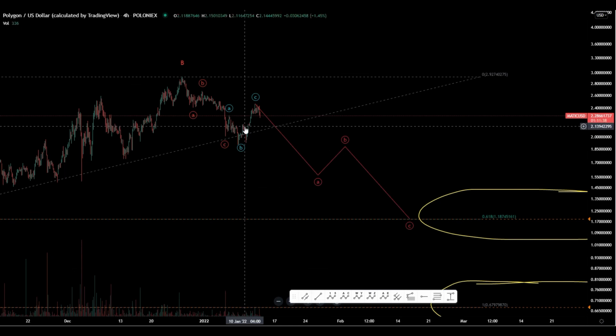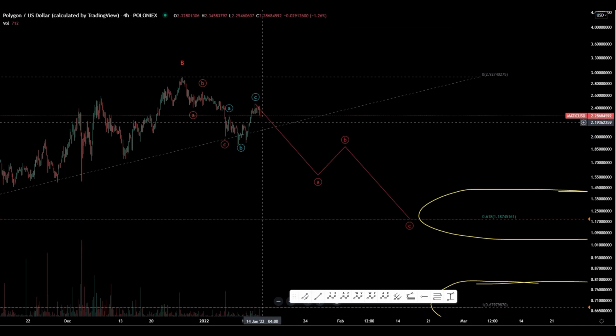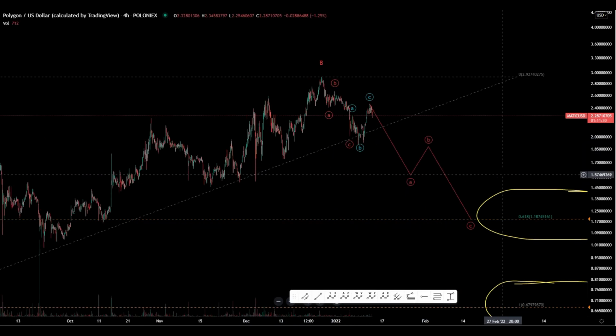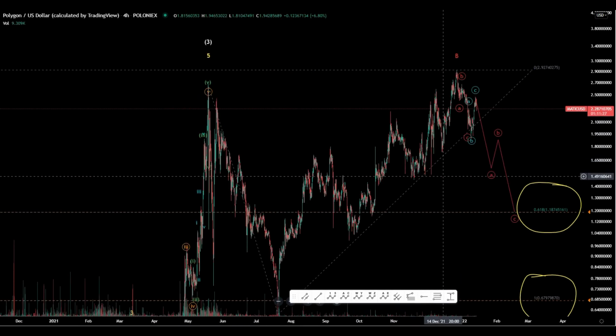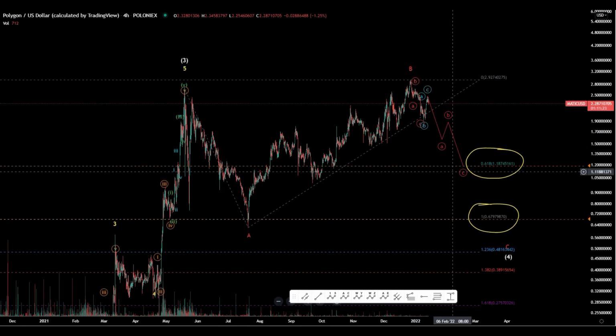But guessing that some of you are here because you bought this and now all of a sudden the bottom's dropping out on it and you don't know why. Well, I'm here to tell you why. Because we are expecting a large C wave.